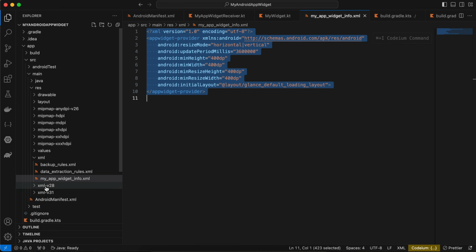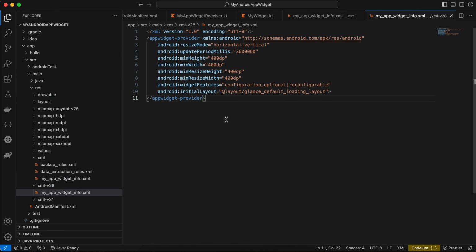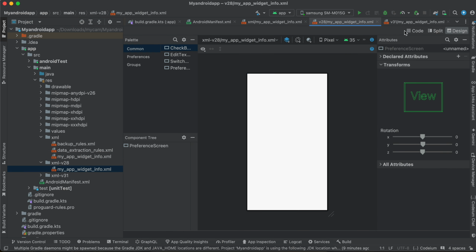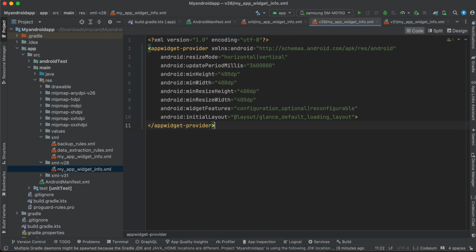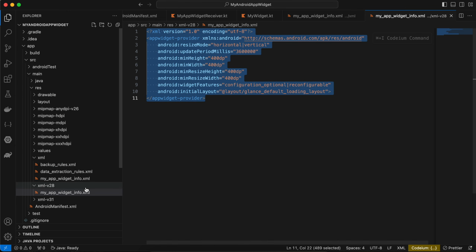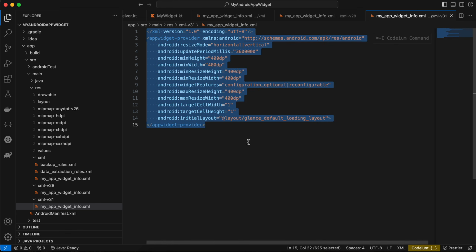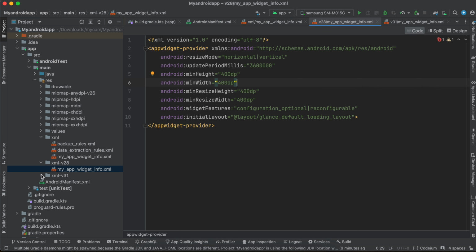Now I will come over here, I'll just copy it for v28 version, come over here, and I'll go to code again and I'll paste it over here. Again it is more or less the same, all properties, but here we are using this widget features as well, which you can just copy paste. Again I'm not really sure why we are adding this, but I have added it because it was in the documentation. And lastly for this v31, I'll copy it,